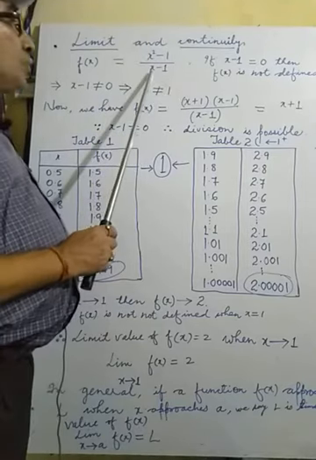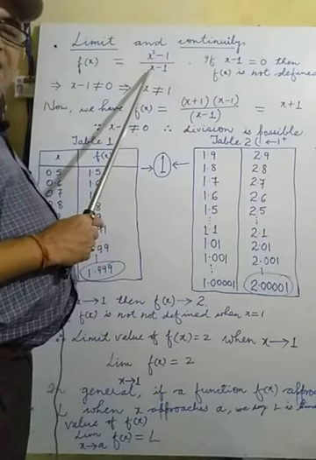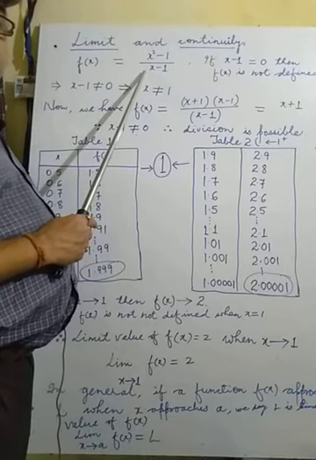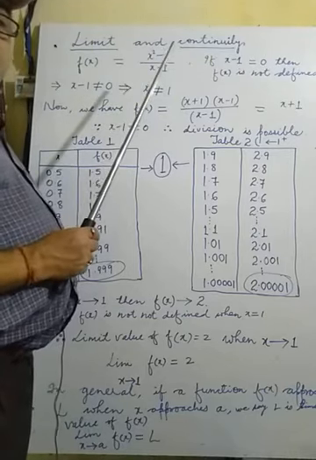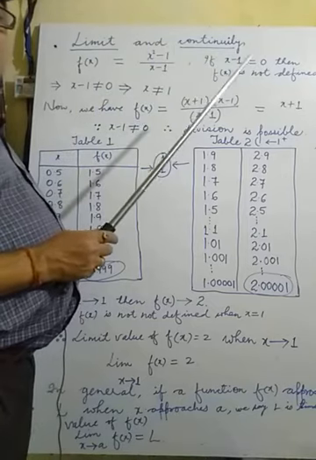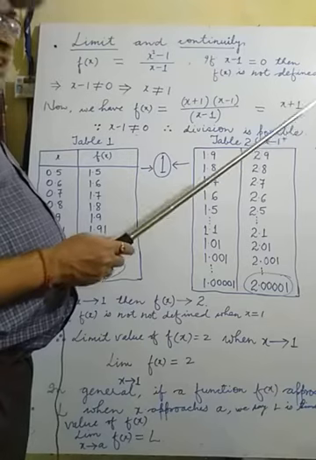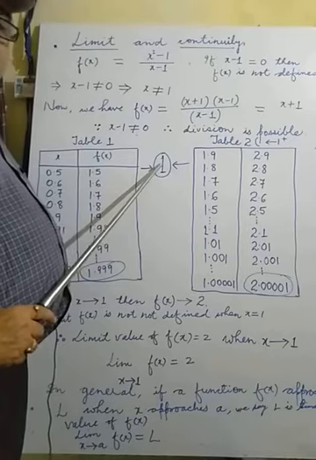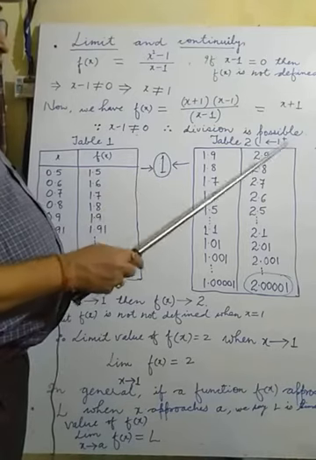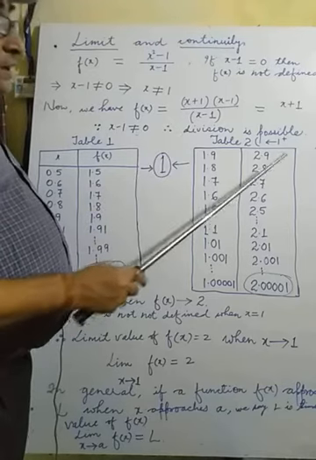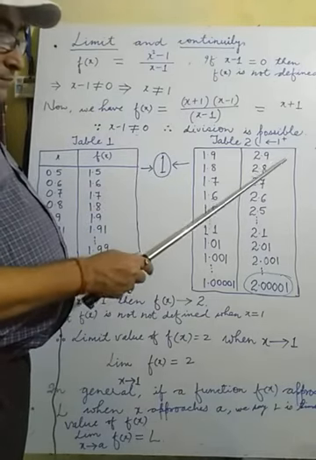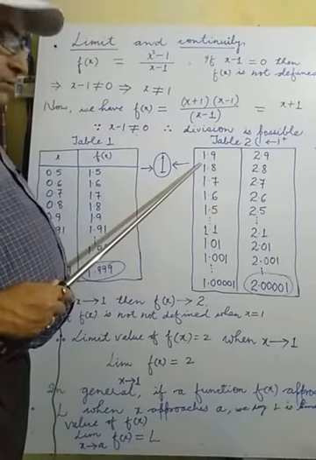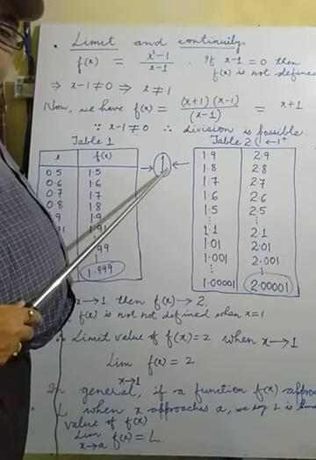So we do not have to take the value of x exactly equal to 1. It means we have to take x approaching 1. Approaching 1 means taking a value greater than 1 and letting it approach 1. You may observe that exactly 1 will not be taken. Some value of x greater than 1 will be taken, and step by step we reduce the value of x, but not exactly to 1, only approaching 1.